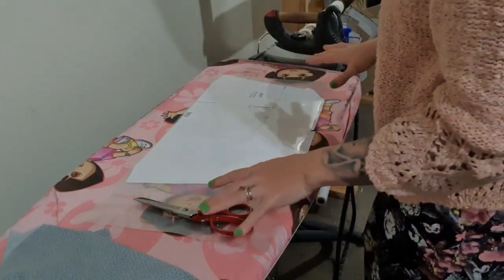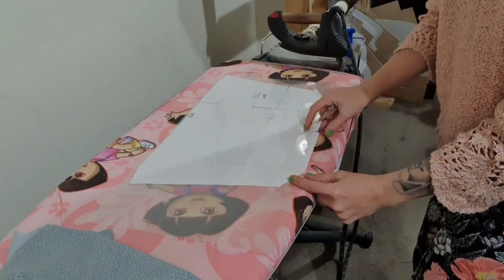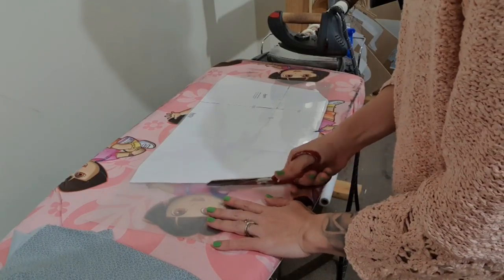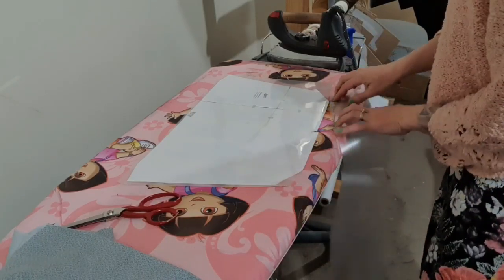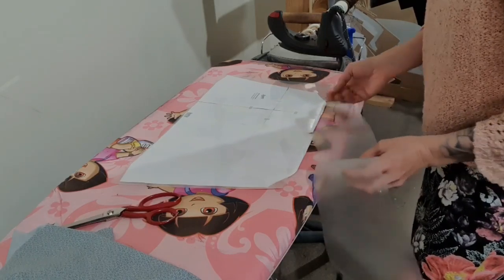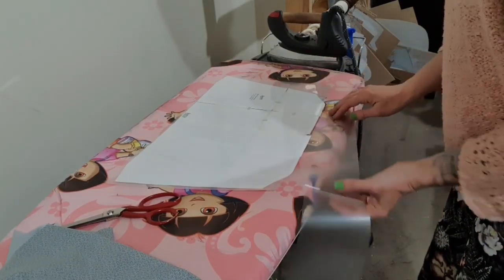Okay, so this is a really big piece. So I've put on 3 A4 pieces and then I've got this excess, but it also has left a gap up the top here. So I'm actually going to cut this before it's laminated. I'm still leaving a gap here just because I am. And then I'm going to take this piece and slide it over these edge pieces. So I just want to, you can lift it up a little bit. It is pretty easy to move. So I'm going to slot this here